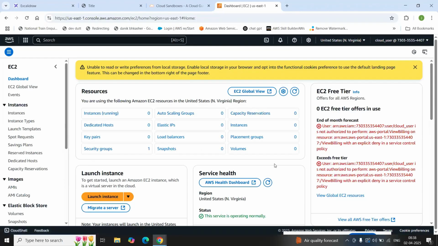With the help of this, you are able to check how many resources are active in your AWS account. Okay, so what is our task? We need to launch an instance. Right now you can see it is zero only. The running instance is zero. So if you want to launch any server or any instance, click on this launch instance button